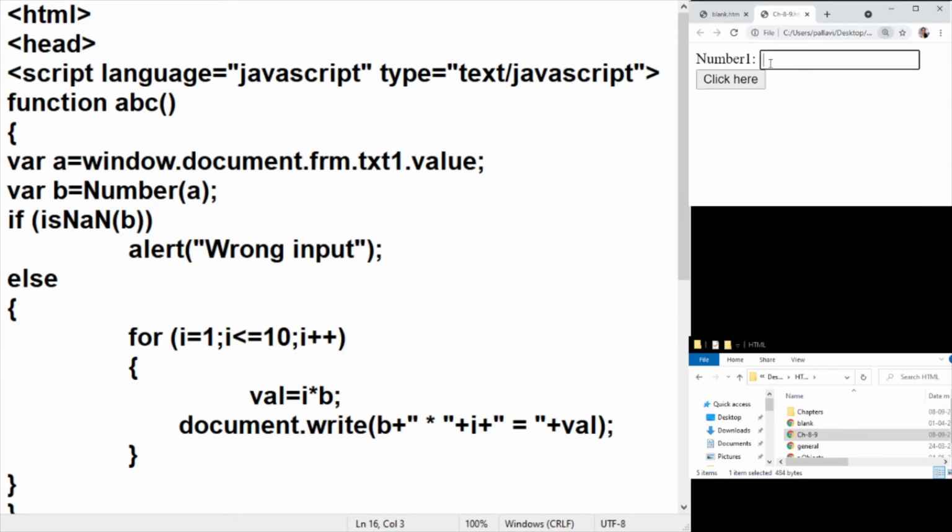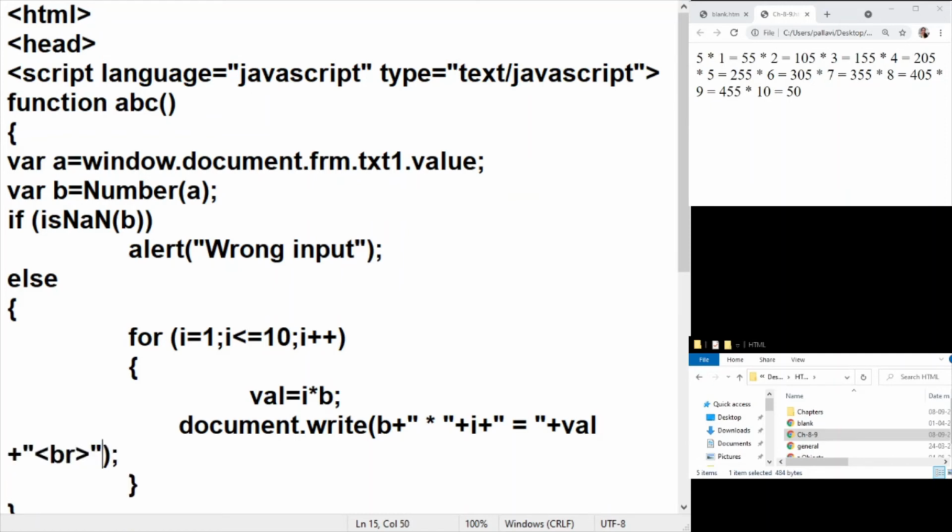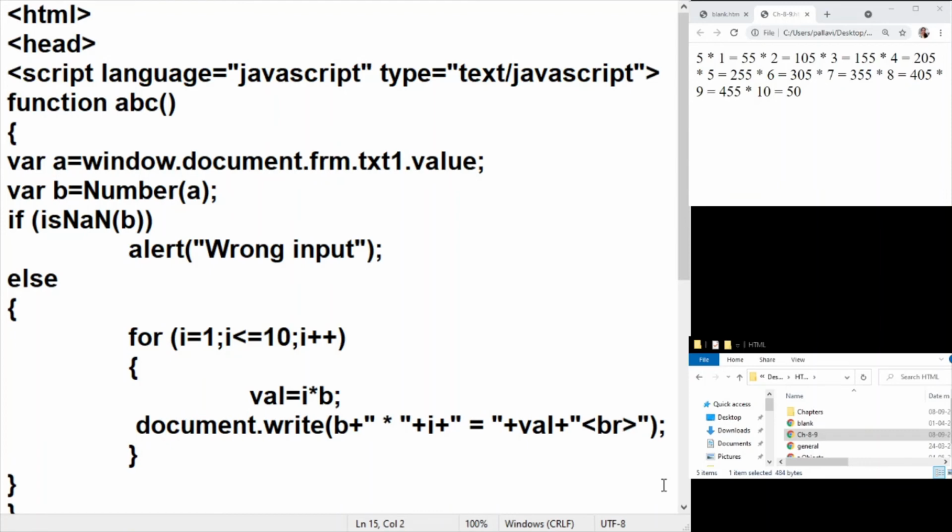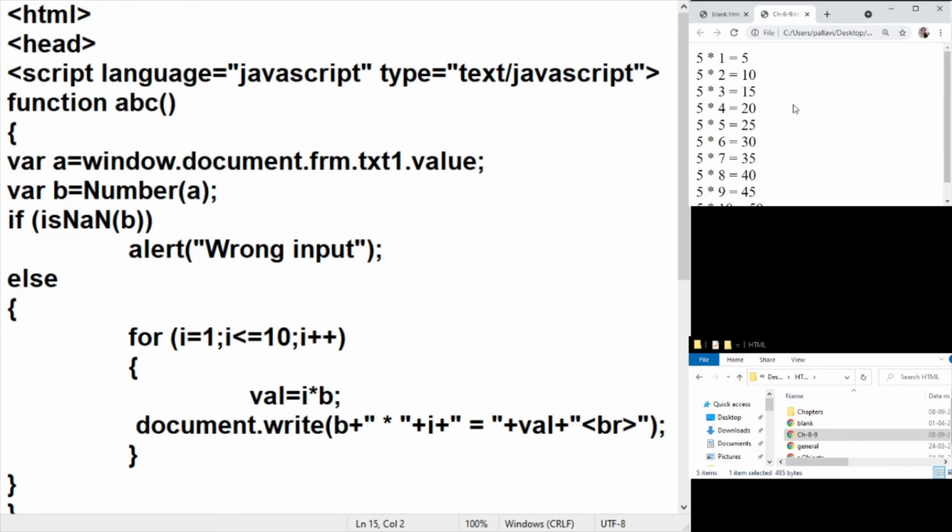So let me take the value of 5 and see what happens. Okay, so here I'm getting the output, but the output is not looking good. So we can go ahead and add in the break tag also. So a little HTML needs to be added when you want to generate a little formatted output. So let me try and put in a number like 5, and this time you would see my output is